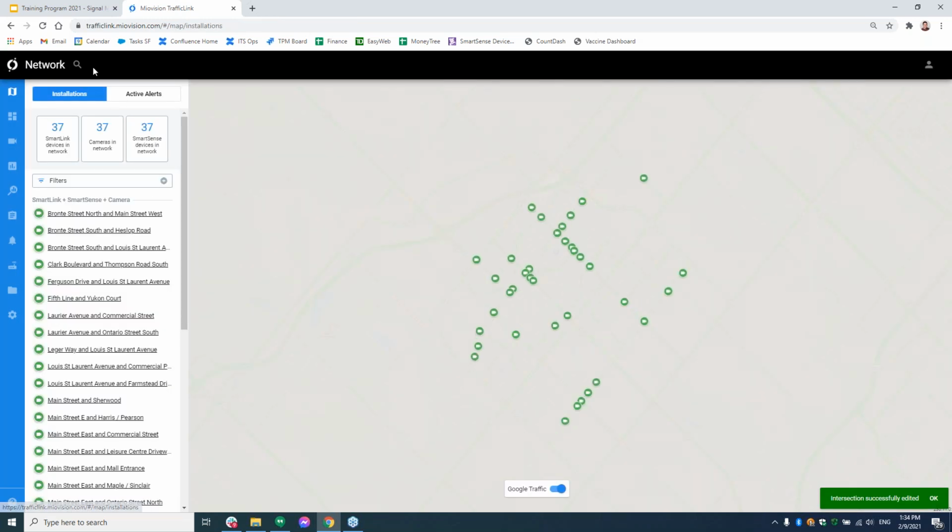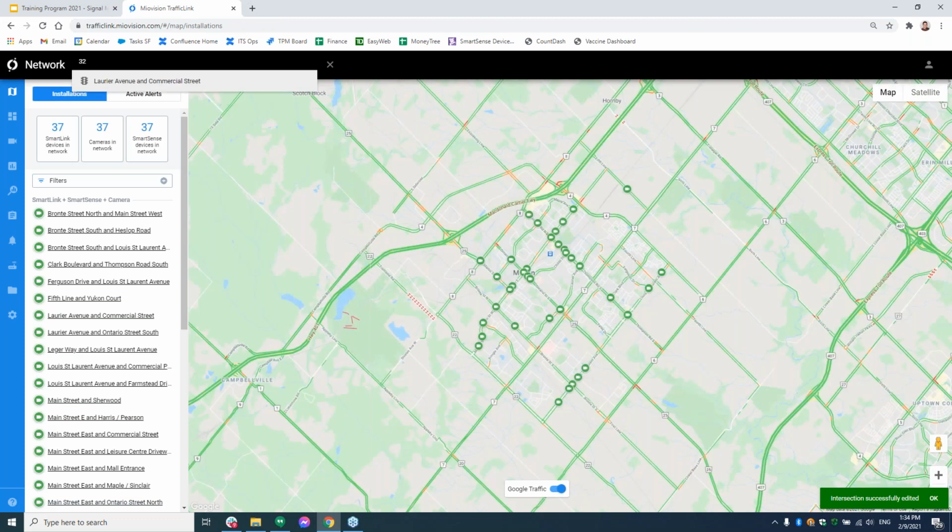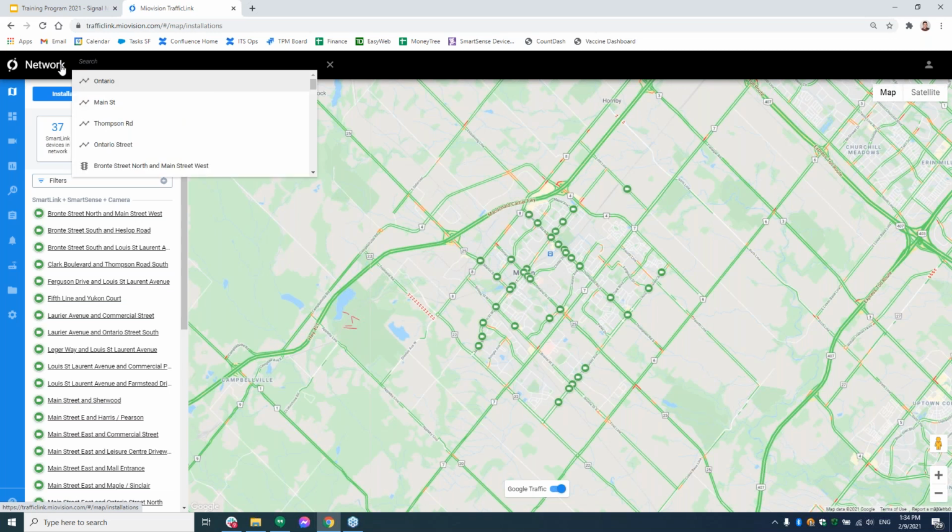Similarly on the map over here, if I do 321 or 123, I can find both of them. So depending on the context, as a user, either I'm on the asset management side and I'm looking for my intersection ID to understand the components at that intersection, or I'm a district owner and I'm District 1 and I only want to know about District 231.